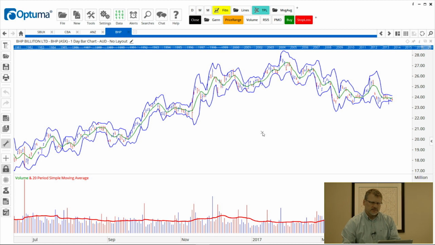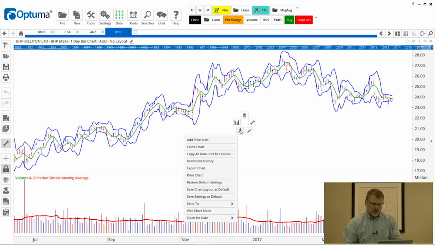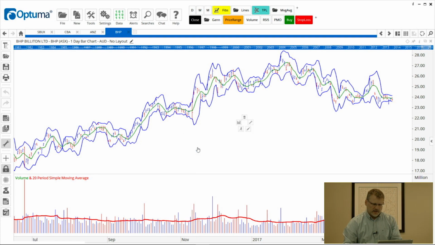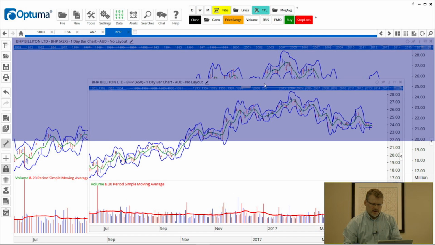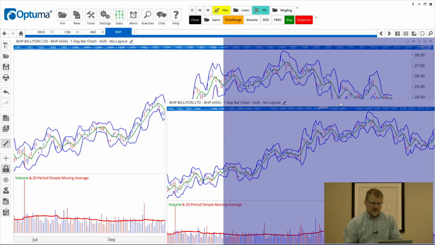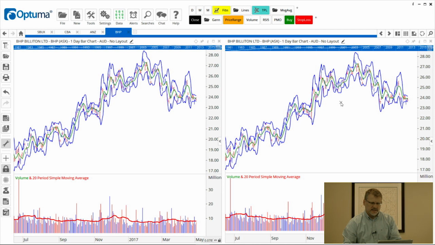Now where page layouts are particularly useful is where you have tiled charts. So what I can do is I'm going to right click on this chart, go to the running man and clone it, and that's going to place one floating over the top of the original. So I'm going to click and drag in that header, and where the blue shaded area is, that's what's going to fill up the screen. So I'm going to put that on the right hand side and just let go of my mouse.